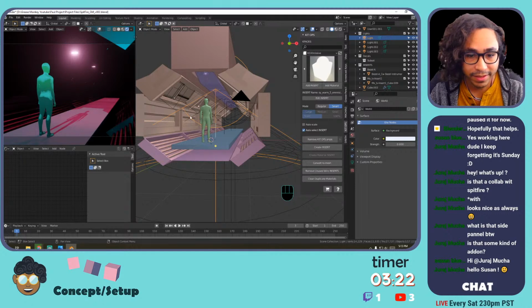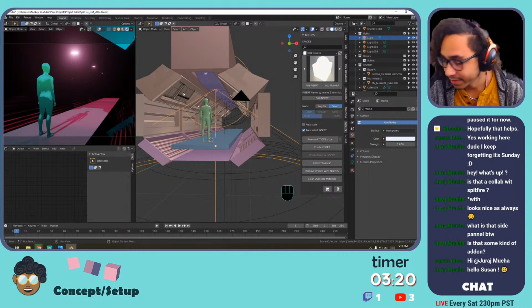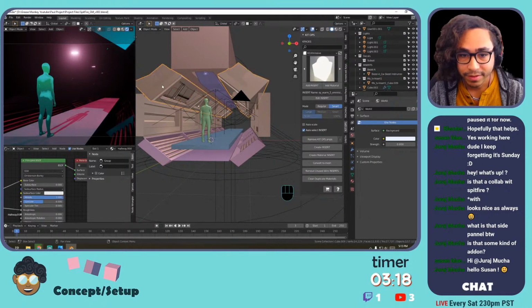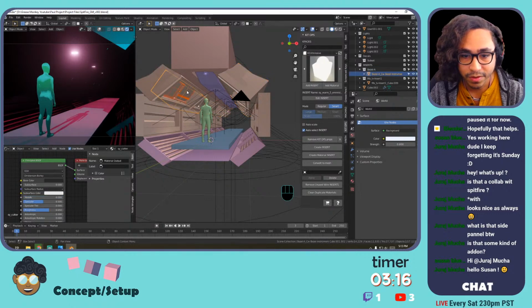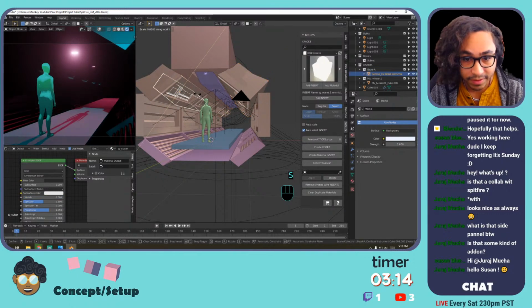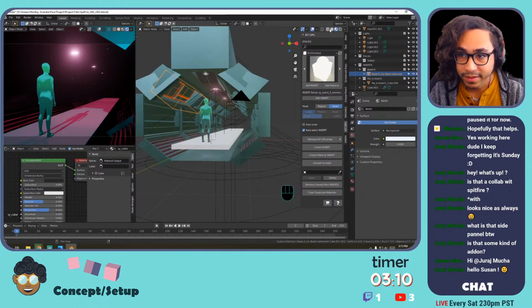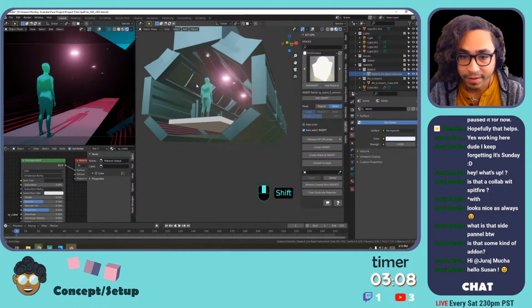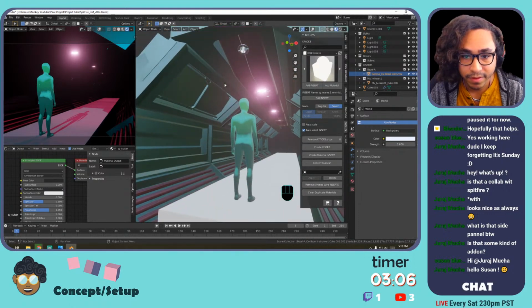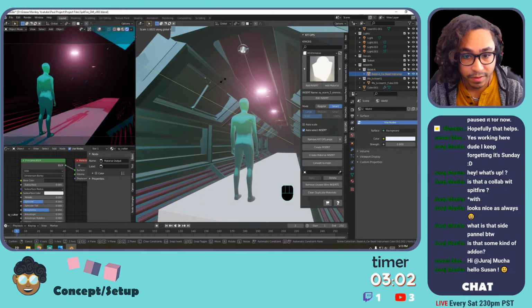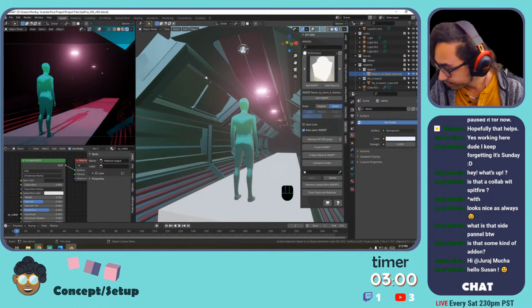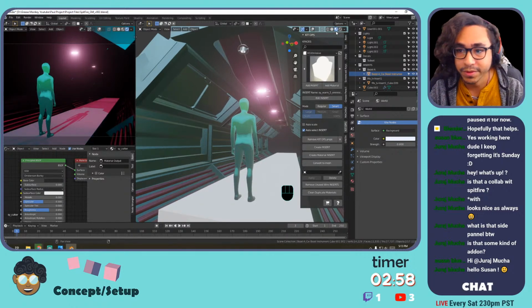I would like these panels to light up over here. So let's... Oh, I didn't... Hold on a second. Okay, so what we'll do is we'll